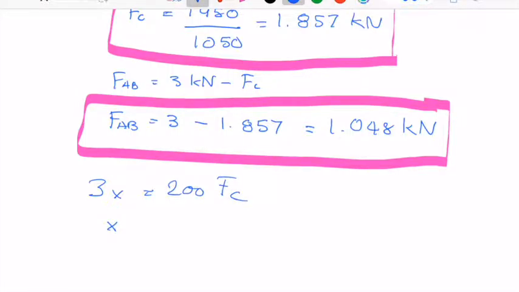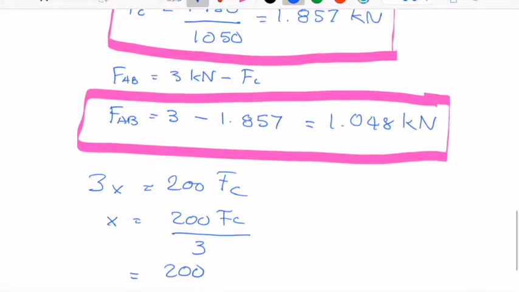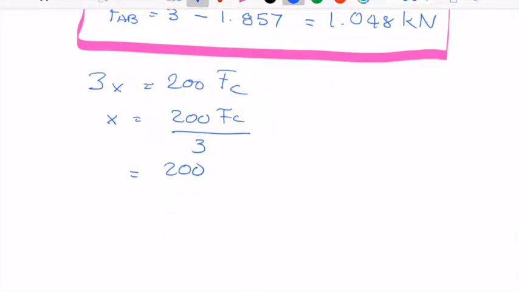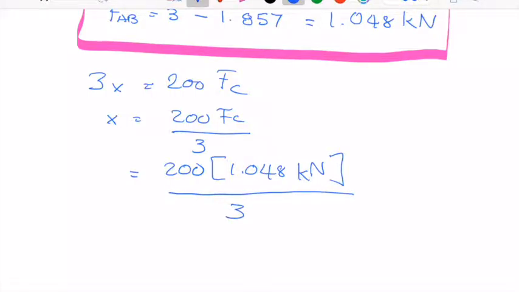So my x is equal to 200 FC over 3, and my FC is 1.048 kilonewton, divided by 3. So my x distance is 200 times